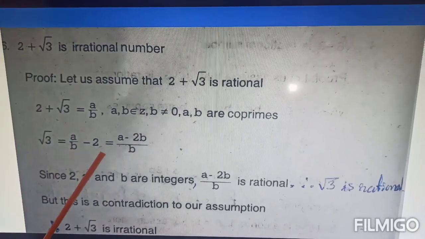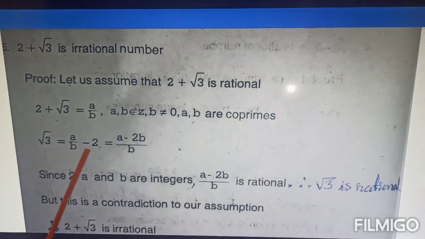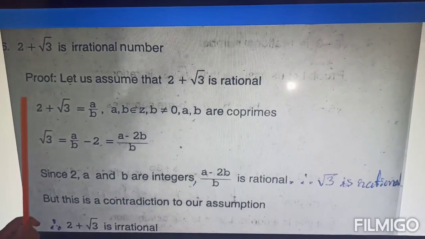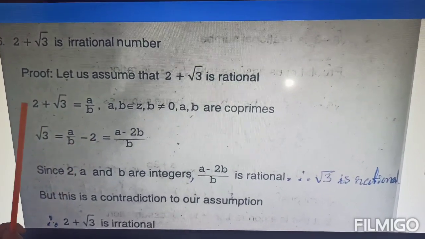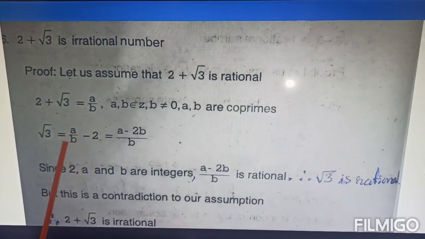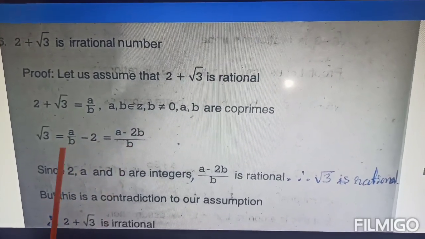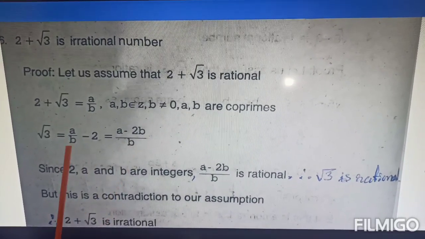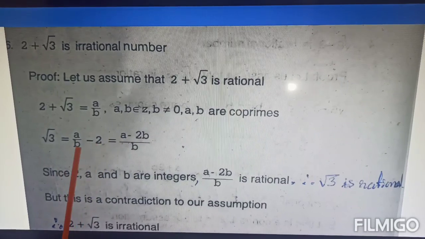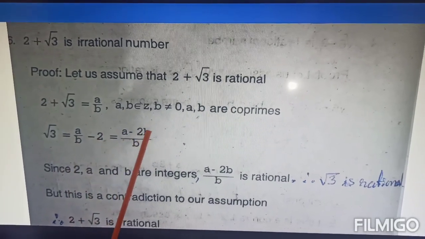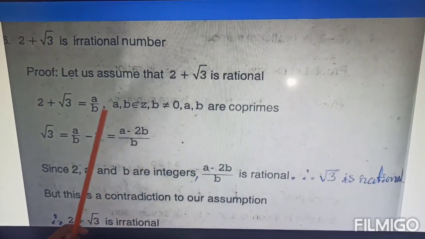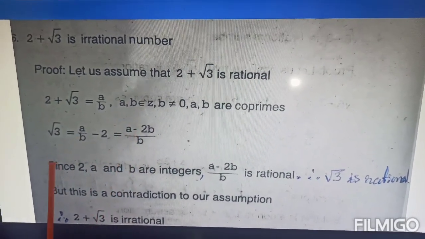This plus 2 I have to take to the right side. It becomes minus 2. I keep only the root part on the left, and everything else goes to the right side. Plus 2 taken to the right side becomes minus 2. Then I have to simplify this. I have to take the LCM. b is the LCM, and cross multiply. a will be as it is. By multiplying b, this becomes minus 2b. So a minus 2b by b. This is a rational number, since